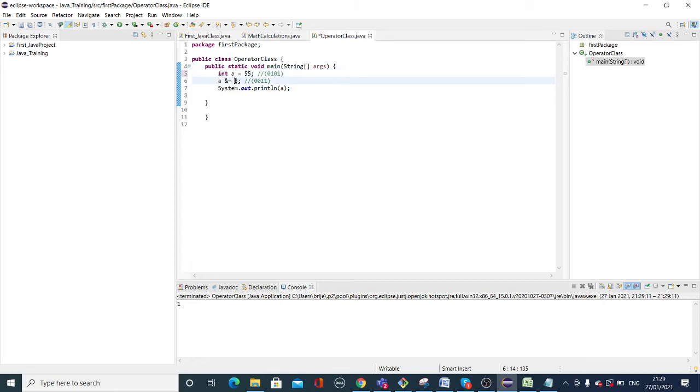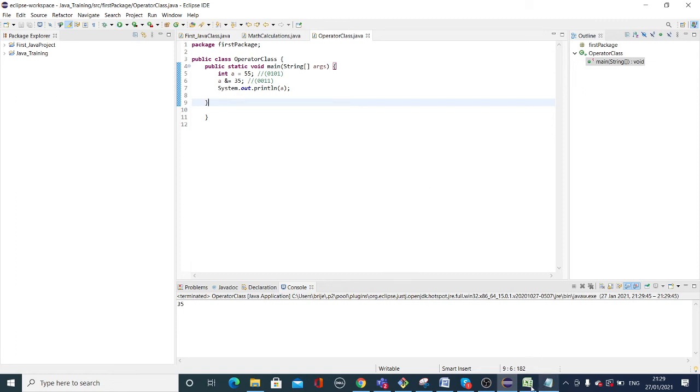Let's change it to some other values. 55, 35. It's a bigger number. Didn't convert it properly. 35, yes, is the common value.